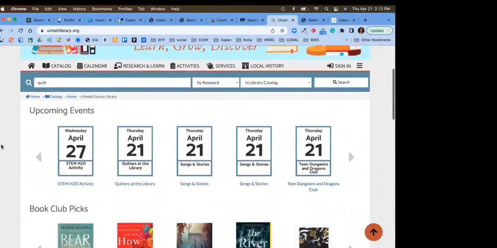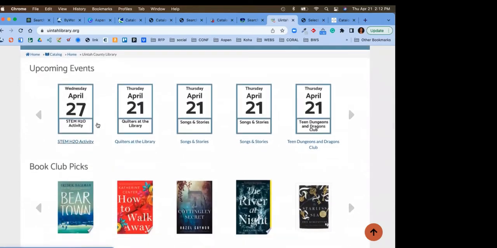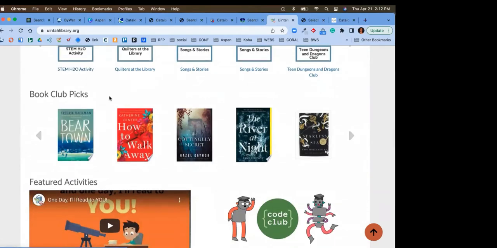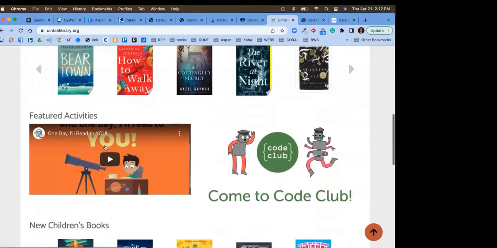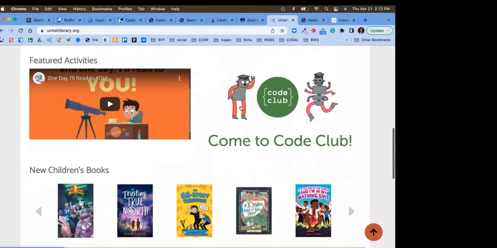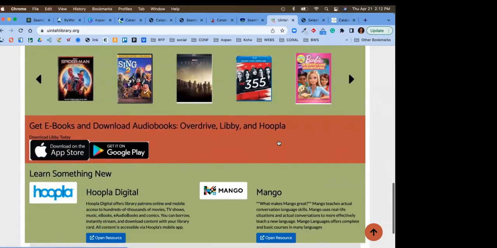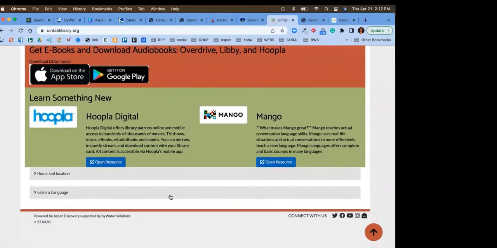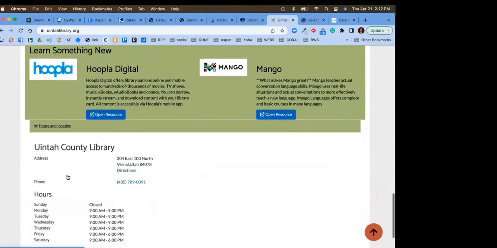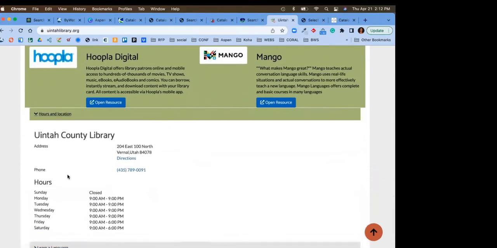So you'll notice here on my main page, I can see upcoming events. Now they are using a third-party provider for events, Library Markets, Library Calendar. They've created these cool collection spotlights so they can highlight some of their book clubs. They've embedded a video. They're talking a little about their code club. And then, of course, as I scroll down below, they're highlighting some more of their collection. So this is just an awesome opportunity for you to build what you know is important to your